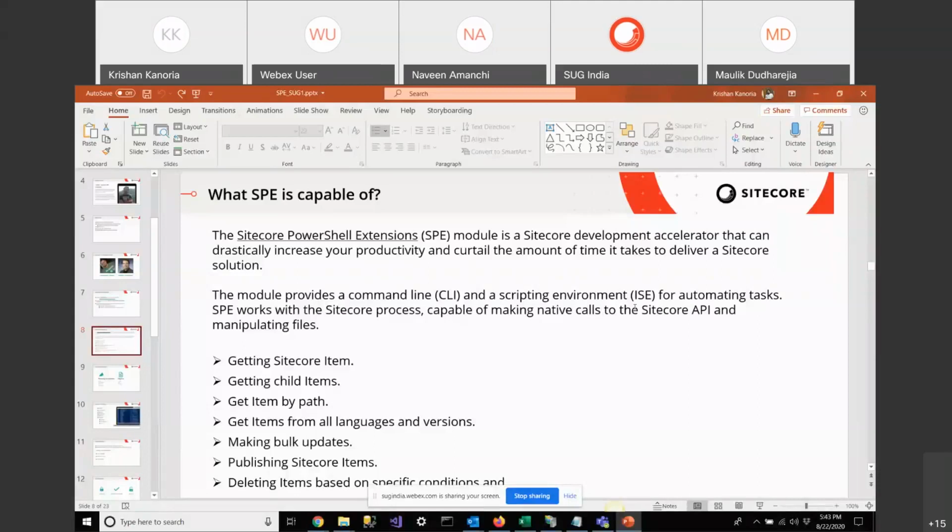Okay, so the SPE module is a Sitecore development accelerator, which drastically increases our productivity. Using SPE commands, we can reduce our development time. Let's take an example. Suppose I have a requirement with more than 500 items, and in those items I need to remove some kind of rendering.